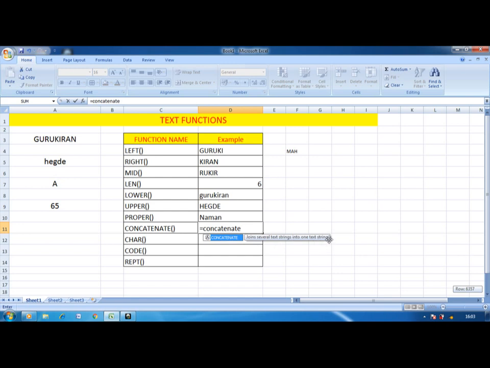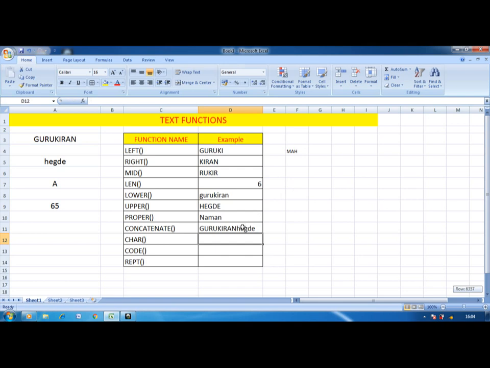What is a string? A string is a combination of characters. So I will take the first string, this name, comma, I will take the second string, this one, then close it. See here, the first string is Guru Kiran and the second one is Cycles here. Plus Guru Kiran today.